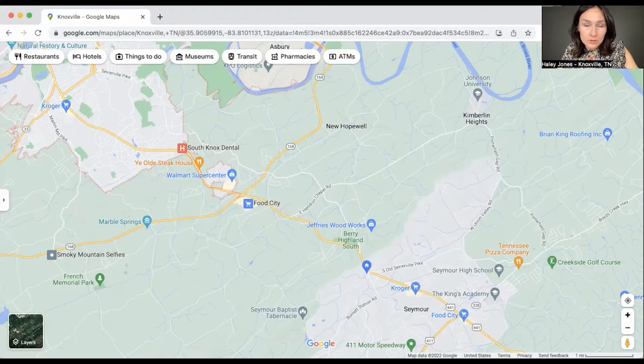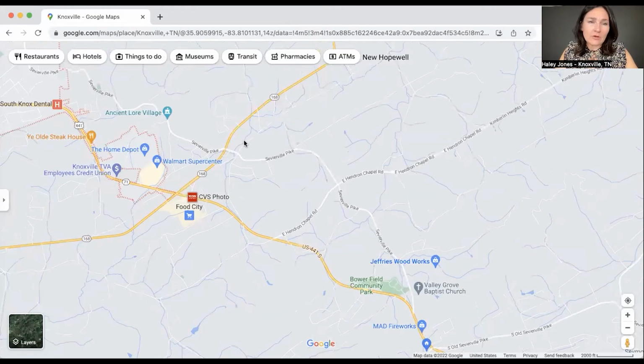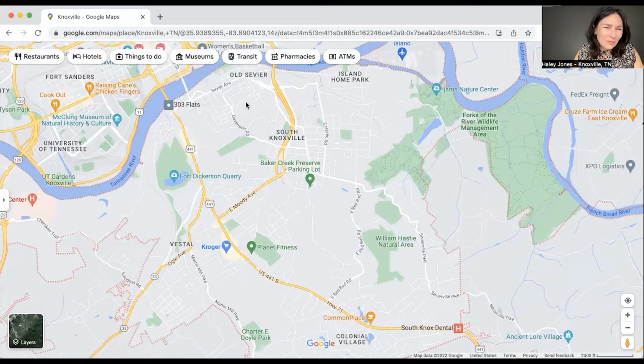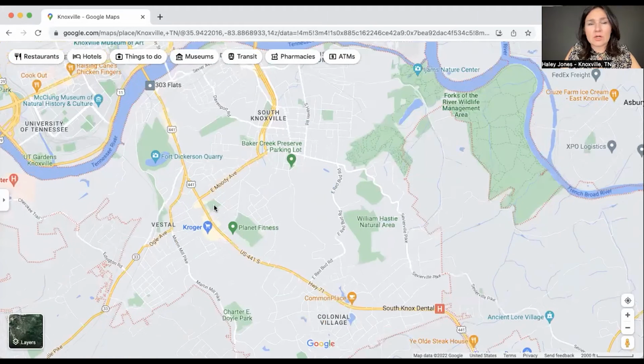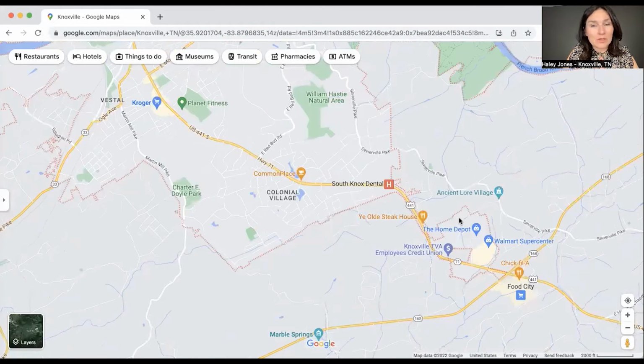So really when it comes to new construction, not a ton of options. In South Knox proper, close to downtown, you might see some in Vestal, for example, and even maybe some off Old Sevier, maybe some off Sevier Avenue. There are some older homes that need to be torn down, so you do see tons of renovation. But in Vestal, you might see some lots with a new construction house, but for the most part, in terms of new construction neighborhoods, not really a thing. We do have D.R. Horton, they're developing,